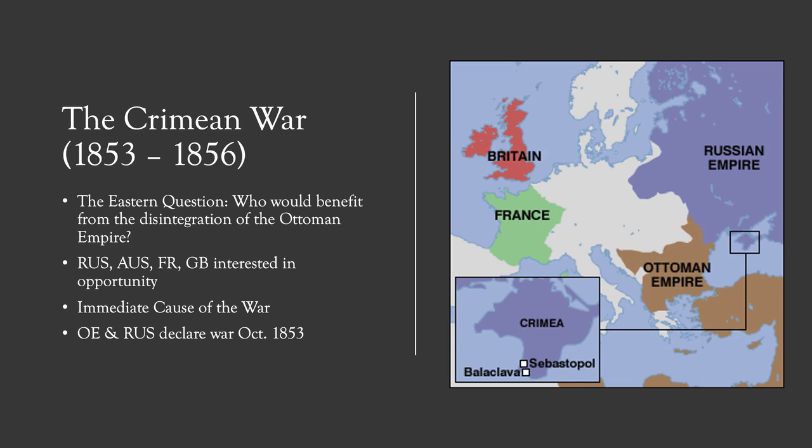So the reason we're starting out with the Crimean War is because this event is considered a turning point in the 19th century. It happens in about the mid-19th century, as you can see, 1850 to 1856. But also, it is considered a turning point because the Crimean War will destroy many of the traditional alliances that defined the Concert of Europe and the Congress of Vienna, and it will also shift the balance of power in